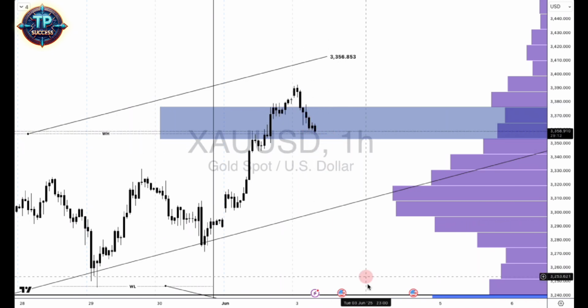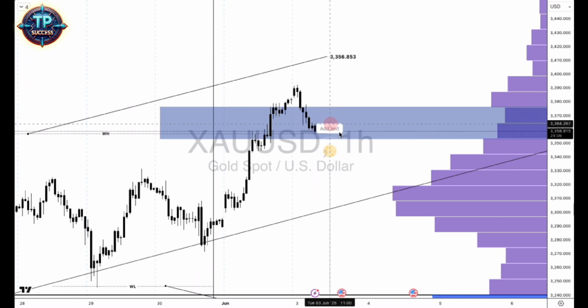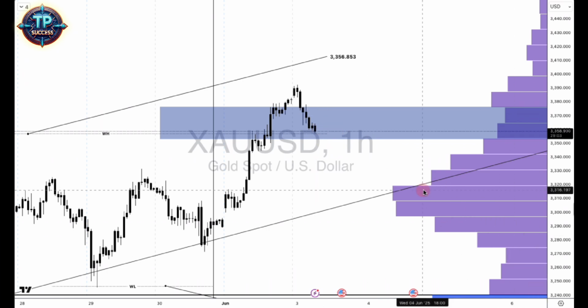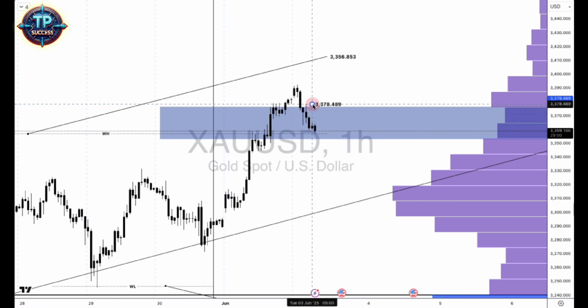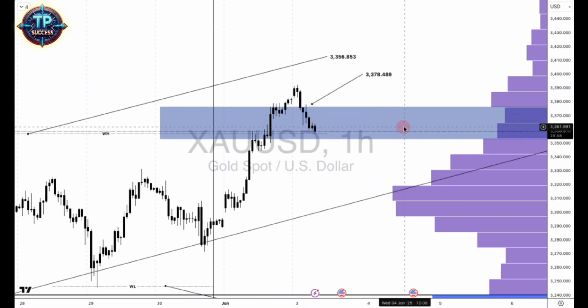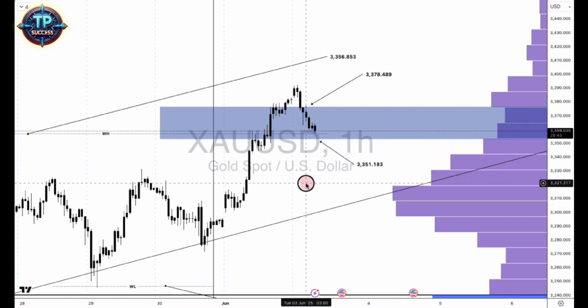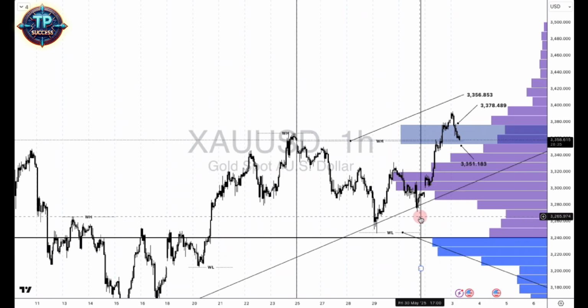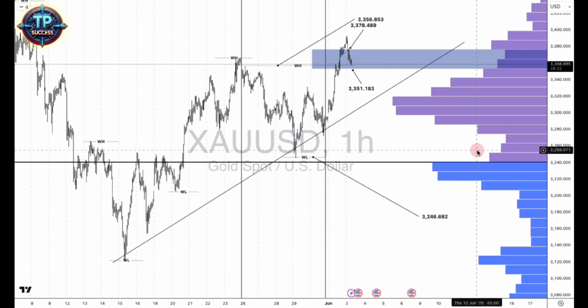So what that basically means for me is this: if I'm thinking about taking entries, I want to take my buys with a confirmed close above this level, which would be 3,378.48, right? That's what I would want to take my buys from. And my sells, I would want to close below 3,351.83, right? Now, with where we are,